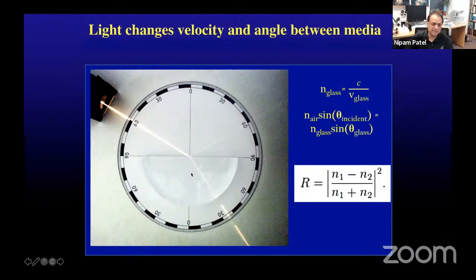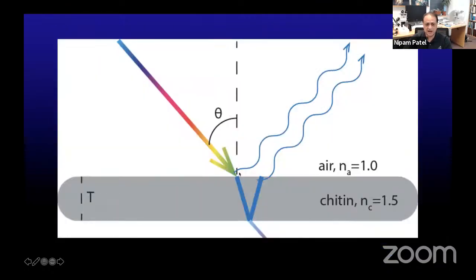Okay, so if you have a thin material, then you have a reflection at the top surface and a reflection at the bottom surface. But remember that light also has wave-like properties. And so that means that these two waves of light now can interact with one another. Okay, so I've shown here an example. We have a very thin layer of chitin. Remember, that's that sugar polymer that arthropods make all of their exoskeleton with, and what's on the outside of the scale. And so it has a relatively high refractive index, so there's a fair bit of light reflected at both the top surface and the bottom surface of that layer of chitin. And now these waves will interact with one another.